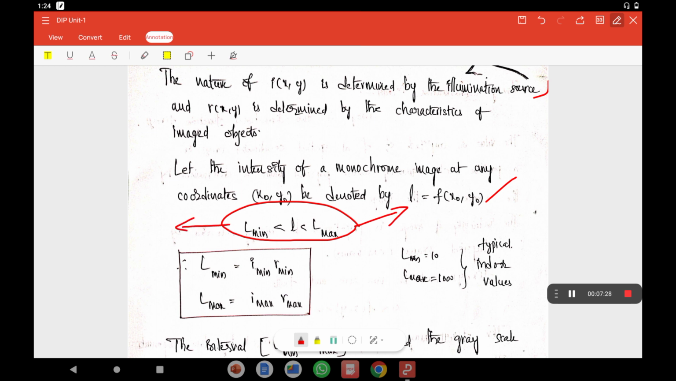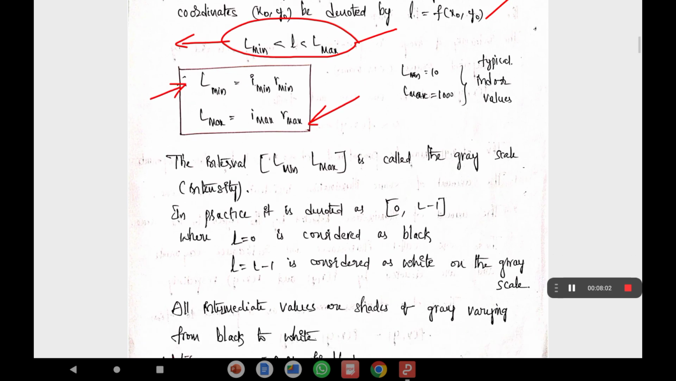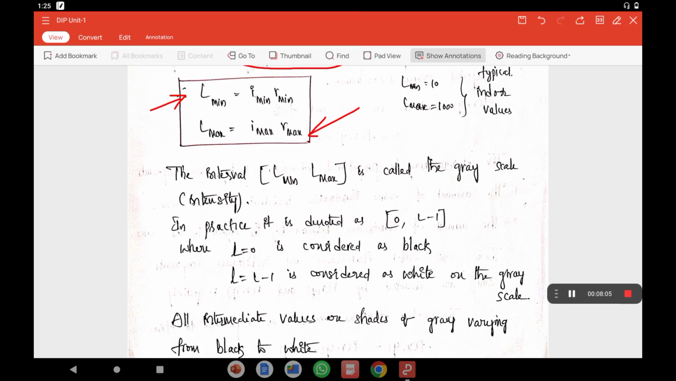L min is equal to I min into R min, that is, the minimum of the illumination component and the minimum of the reflectance component, as well as L max is equal to I max into R max. I max is the maximum of the illumination component as well as the maximum of the reflectance component. Basically, these are some of the typical indoor values for the corresponding illumination and reflectance components. Moreover, let us see here the interval